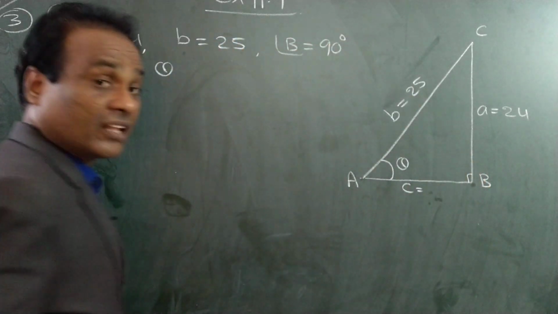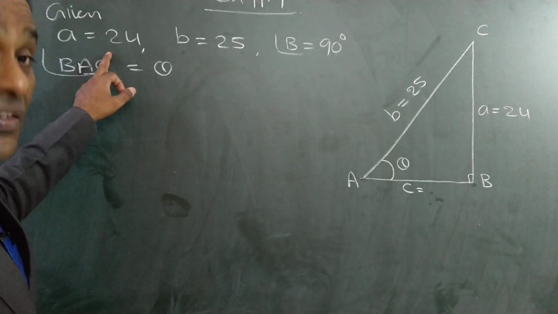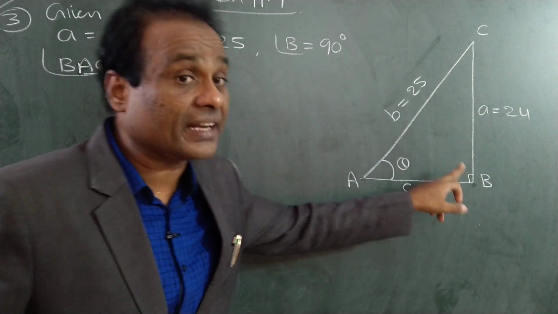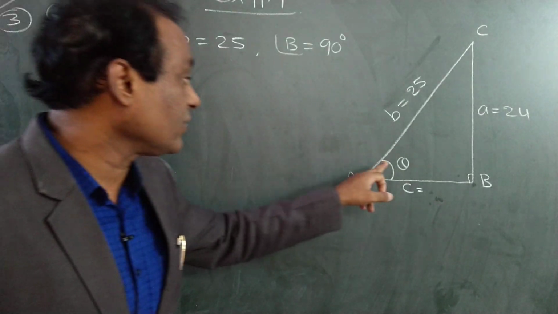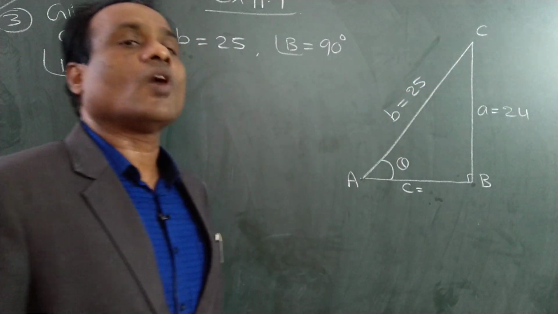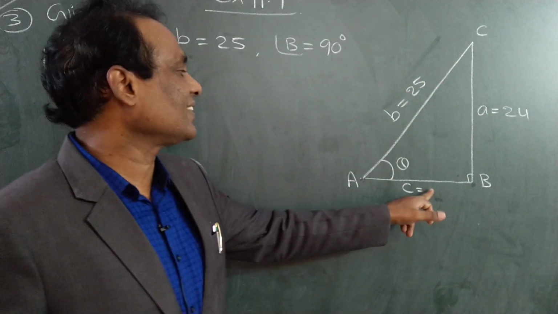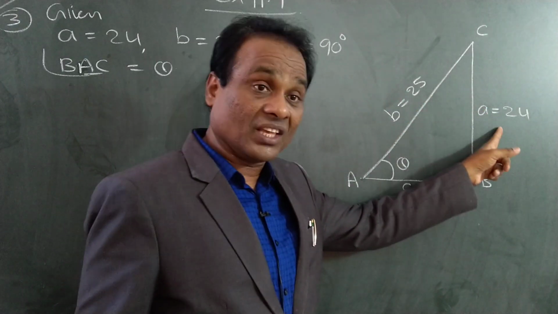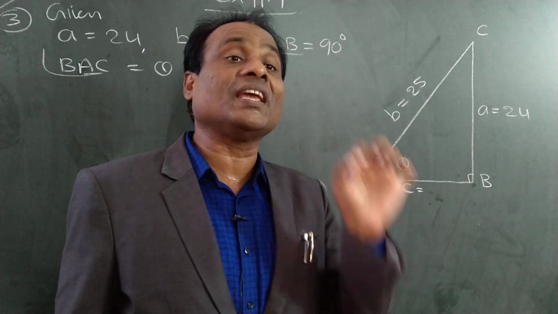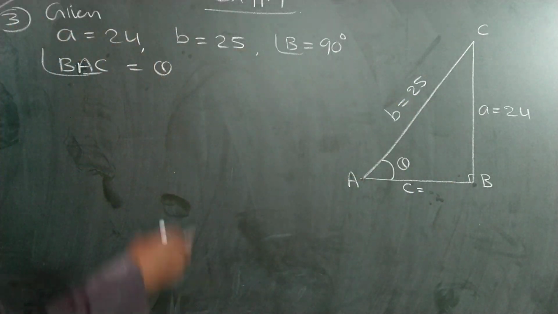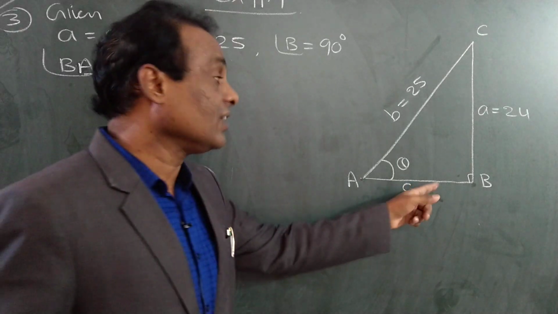Right angle at B is also given in the question. So a is given in the question. It is also stated that B is 90 degrees and that this angle is theta. So this data is given. I wrote it here. What do I require? First I require this third side. If any two sides are given, to find the third side, we have the Pythagoras theorem for a right angle triangle. So I am using the Pythagoras theorem to find the third side.